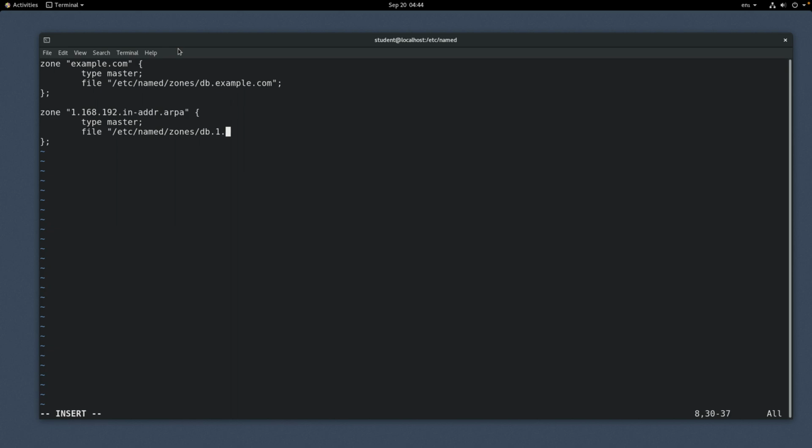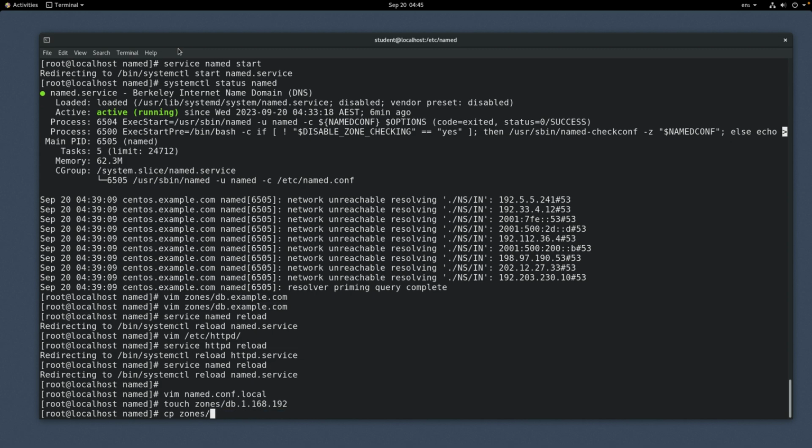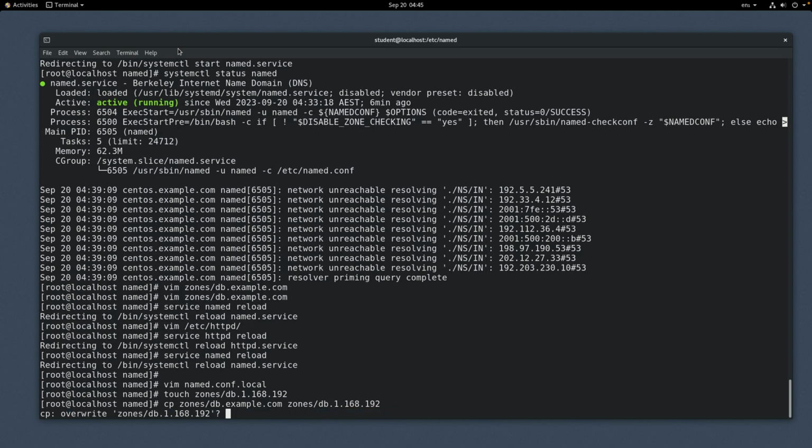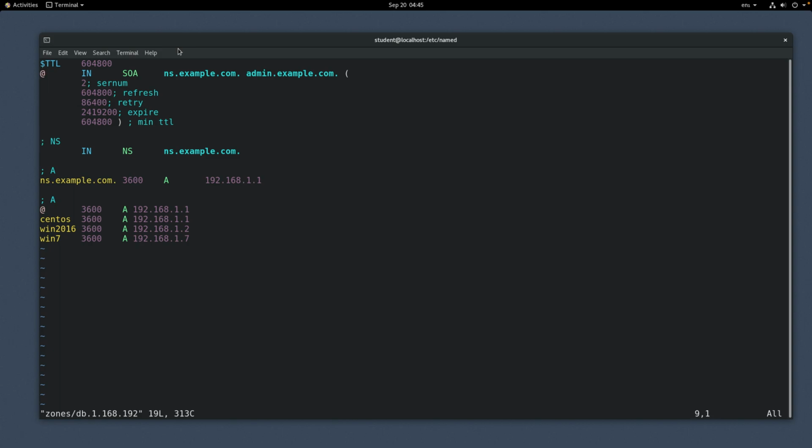Okay. So this zone file you can create is db.168.192. It's the reverse thing, same thing. And did I have everything? I guess I do have everything. Now I need to actually make this file, db.1.168.192. So I'll just touch it, and actually I can copy the db.example.com's content to this db.1 content. Yes, I very much like to, because some of the things we can reuse, like this part. Probably I won't change this, but I can go back to 1. I can still have NS records, but I don't have any A records anymore. Instead, I will have